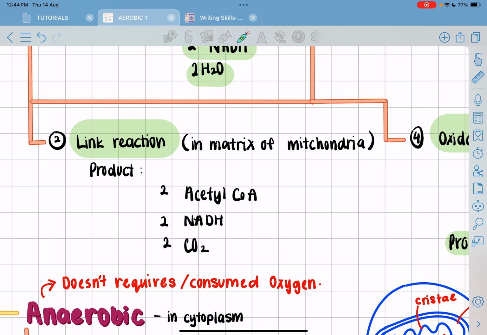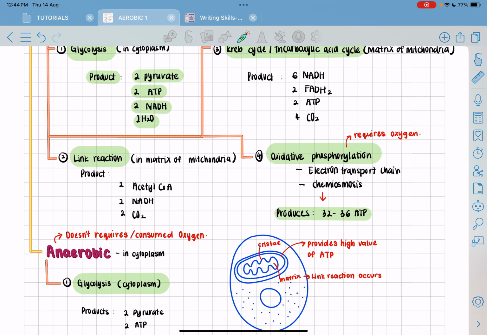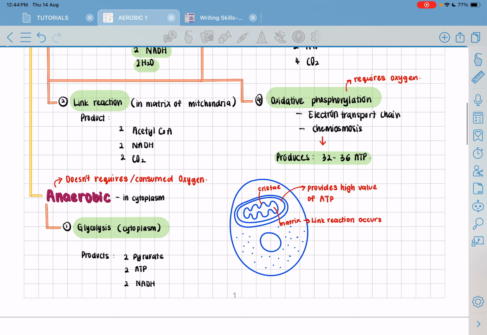So the product is 3 only. 2 acetyl-CoA, 2 NADH, 2 CO2. This one is a byproduct, so you just ignore. And the 2 acetyl-CoA, if I'm not mistaken, will be going to the Krebs cycle. The 2 NADH will be involved in oxidative phosphorylation. And then